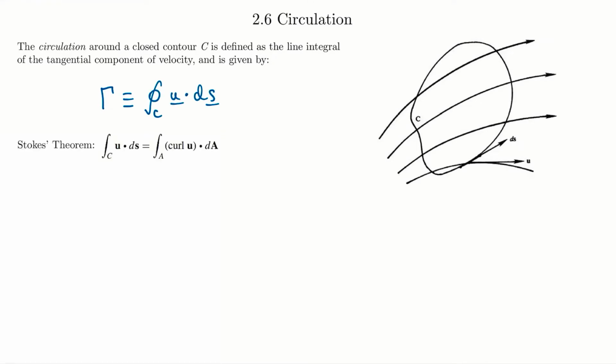And then we can extend this by looking at Stokes' theorem, which tells us that a line integral of u around this closed curve C is equal to the flux of curl u through an arbitrary surface A that's bounded by C, right? And this word flux, we generally use to mean the integral of a vector field that's normal to a surface. So using the definition we have for vorticity and circulation combined with Stokes' theorem here, the vorticity was the curl of velocity, so we sub that in, therefore,